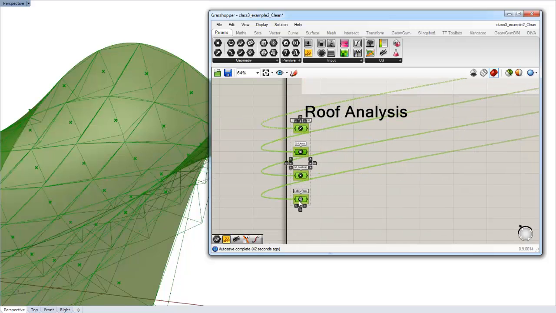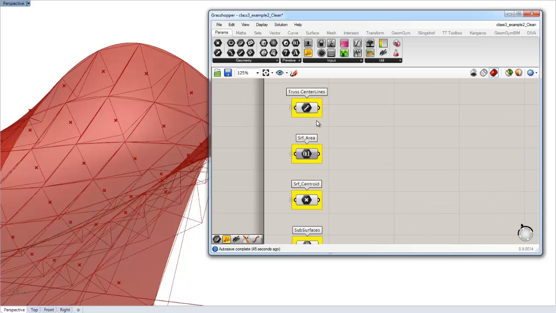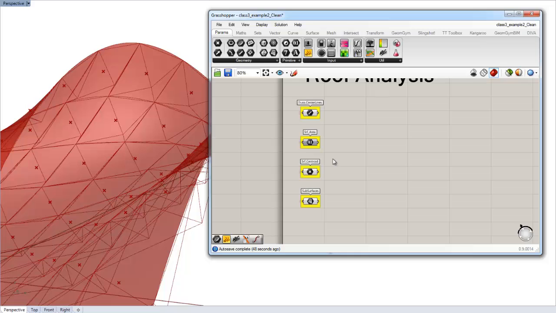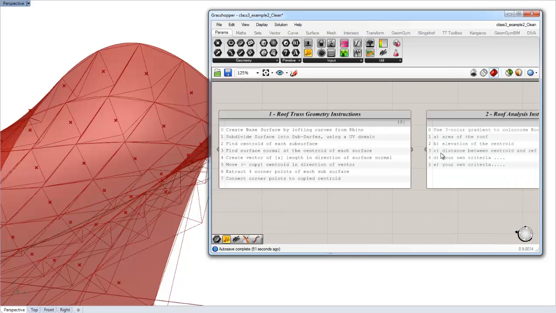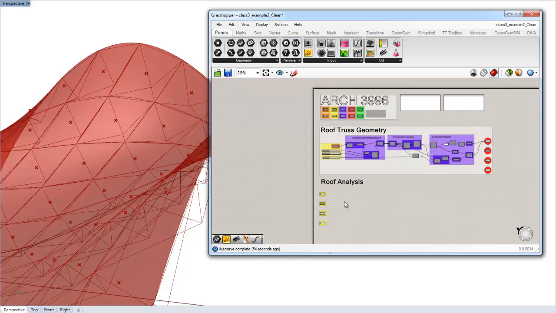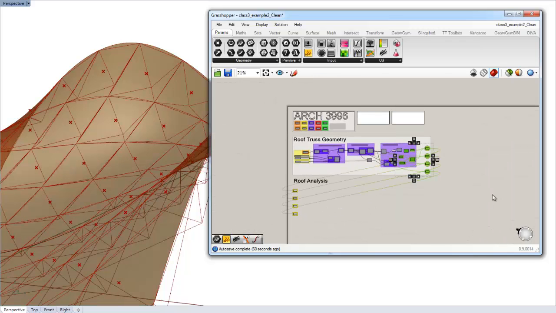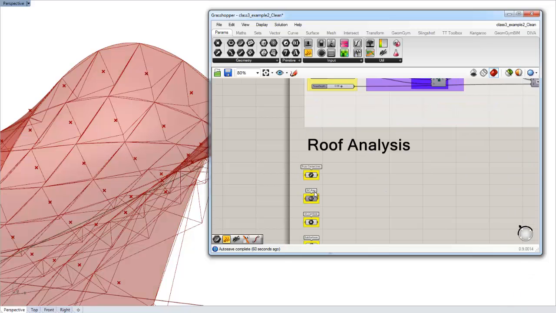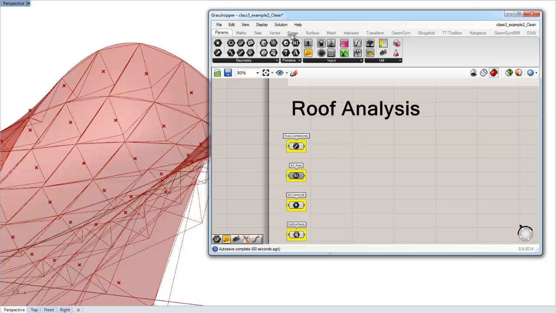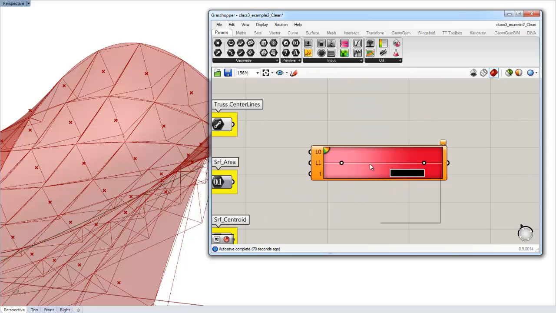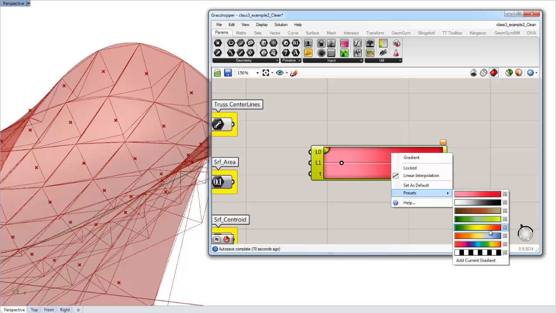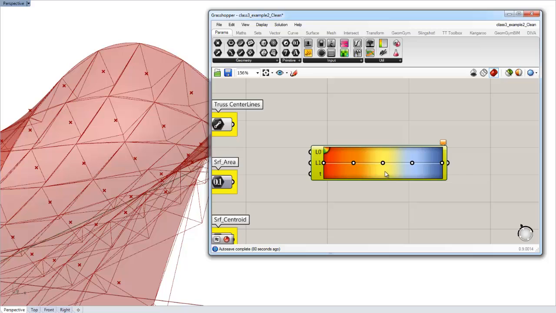And down here, I don't think we need the center lines actually, but I'll just move them down for now. So, like I said, the first analysis will be area of the roof. So I'll simply take this area value, and I'll use that to color my subsurfaces. So let's find the gradient, and by right clicking on it, I can set up a 3-color gradient. So let's go from red to blue,